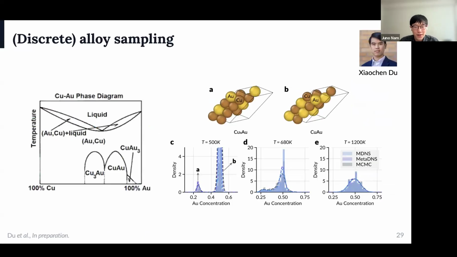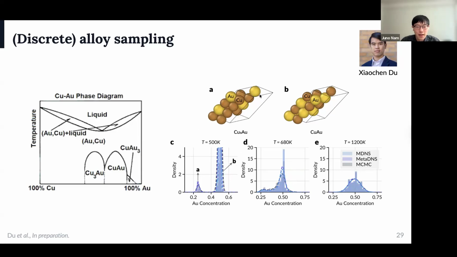And this well-tempered mechanism can also be combined with discrete samplers as well. In this case, we explored the copper-gold alloy system, where we have discrete lattice sites, and we want to sample whether each lattice site corresponds to a copper or gold atom. We're given the energy function, and we want to identify which configurations are possible and which configuration is more stable. And in these discrete settings as well, we get the mode collapse behavior